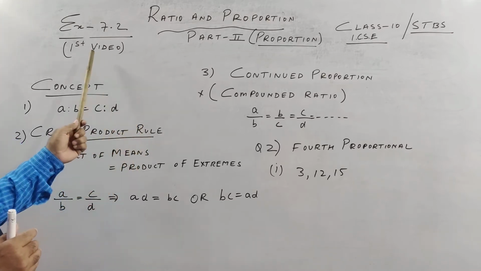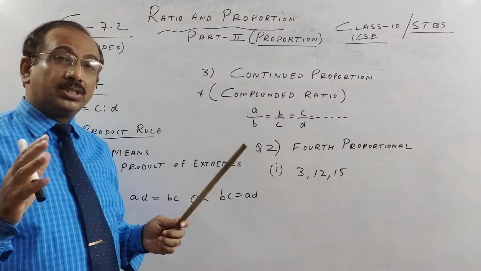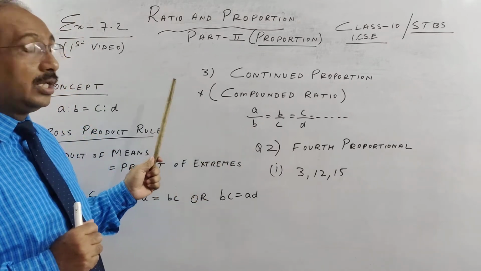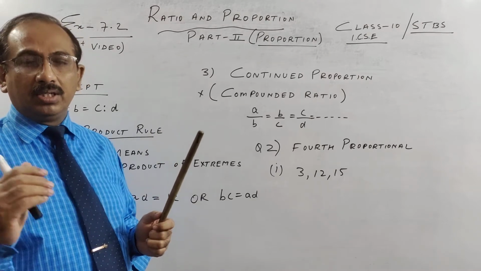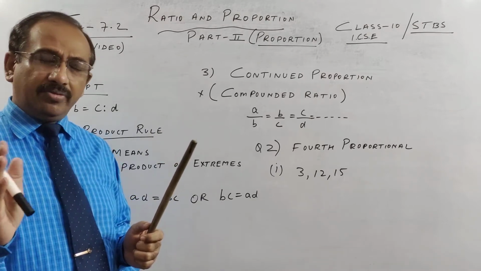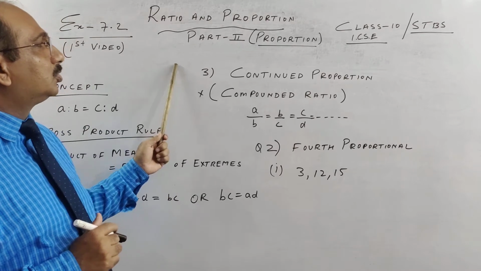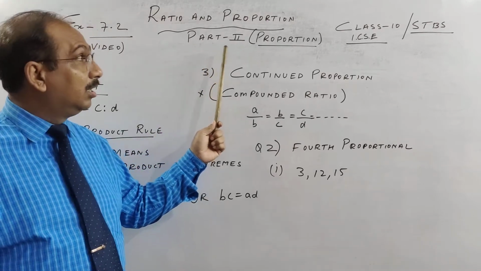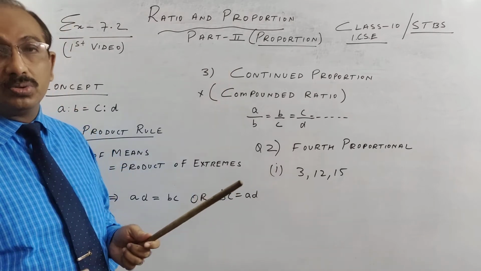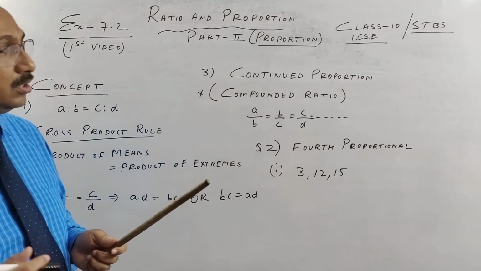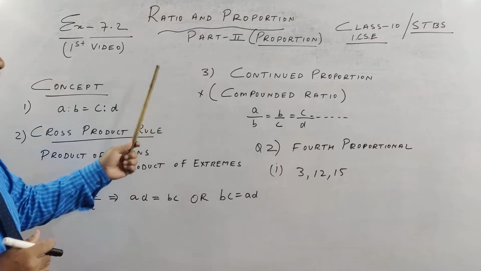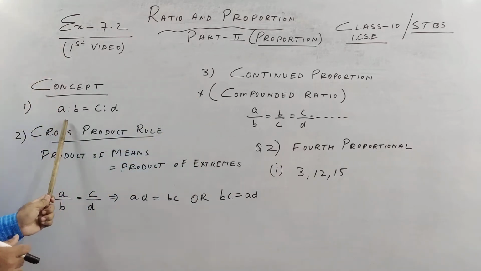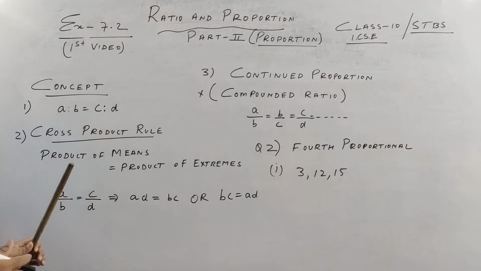Chemistry in class 10, children. Especially the mole concept, where you do weight relationships and all. There you will see, there also we can do it by the unitary method, the volume and weight relationship. So there also we can apply the unitary method. Generally we can apply proportion also to solve those questions in the mole concept. So it has huge application. So please learn the basics properly. So first thing, when two ratios are equal, it's called proportion.